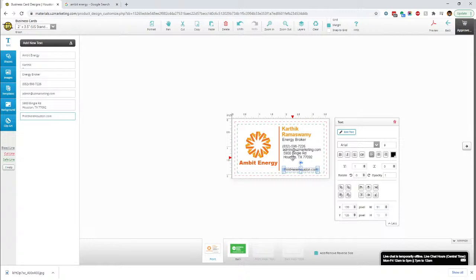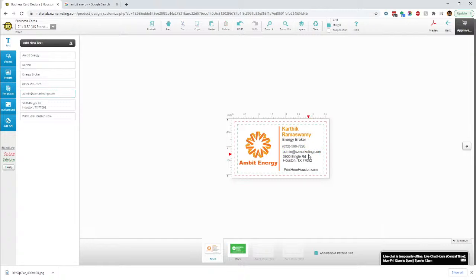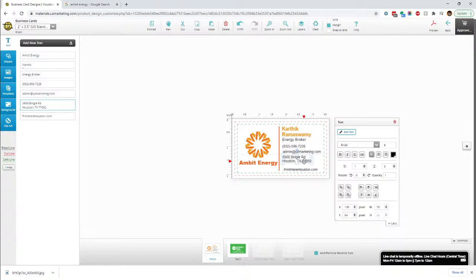Okay. So we have this contact information. One of the advantages of having it the way that it was, which is having everything in one text box, is it automatically aligns it. So if you did it the way I'm doing it, it's going to be harder to do that automatically, because essentially there are a bunch of different text boxes. So if you want to go the other route, you absolutely can. You can just Control C, Control V, Control C, Control V, and then Control C, Control V. And now we have duplicates of everything, so we'll just start deleting